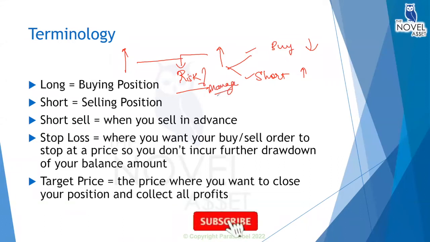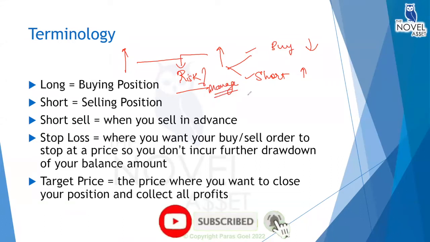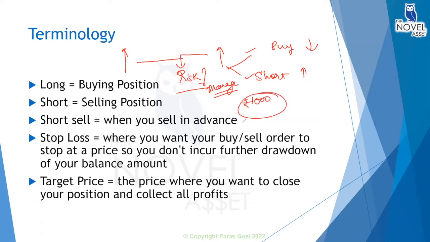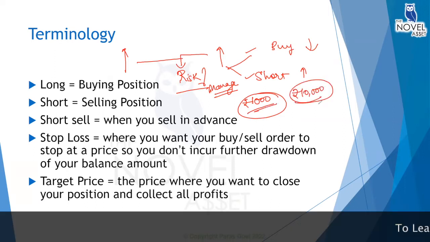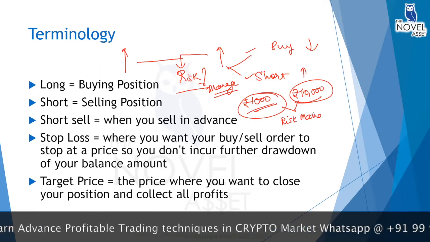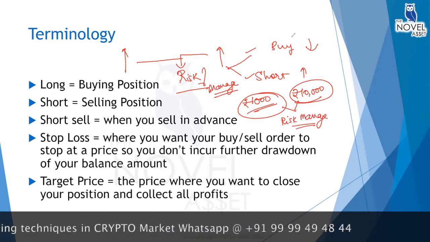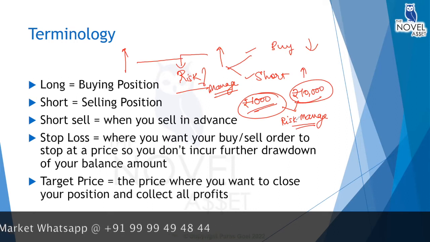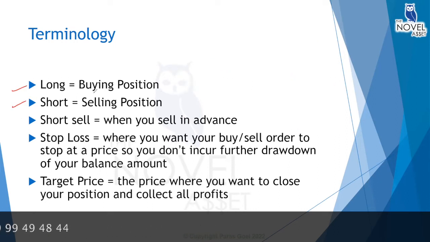When we have the risk management class, you will understand how to manage your risk and control your position sizing. Let's say I'm taking a risk of ₹1,000 on a single trade. Yes, you can control your risk. Let's say I'm taking a 10,000 rupees risk. It's up to you how much risk you want to take. But what you need to understand is risk management: how do we manage this risk, and how do we manage our position size? We'll be doing this in the coming sessions on risk management. So I hope you are clear with these three terms.